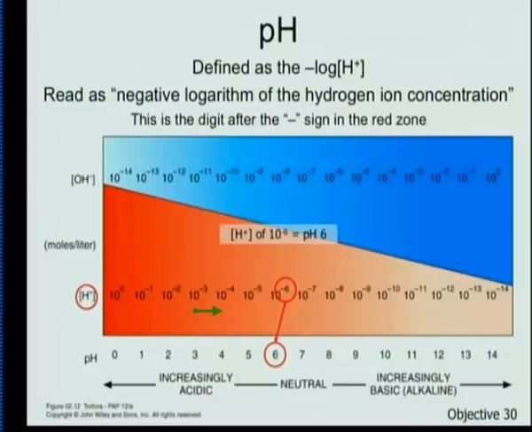So let's put a couple of examples here. If I said you have 2 solutions, and one has a pH of 3 and one has a pH of 4, which one's more acidic? That would be 3. How much more acidic? 10 times more acidic because it has 10 times more hydrogen ions in a pH of 3 than in a